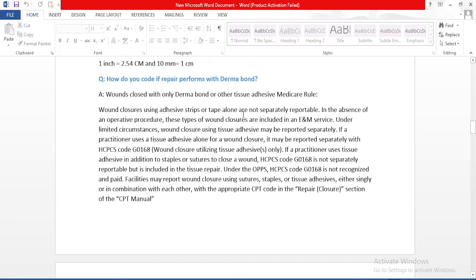If an operative report is there, the Dermabond is included in the operative procedure, but if there is no operative report, it is included in the E&M service. Under limited circumstances, wound closure using tissue adhesives may be reported separately. So in some situations, we can code wound adhesives separately. If a practitioner uses a tissue adhesive alone for a wound closure, it may be reported separately with HCPCS code